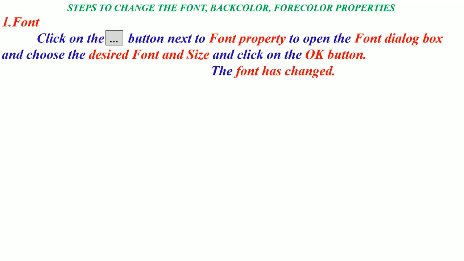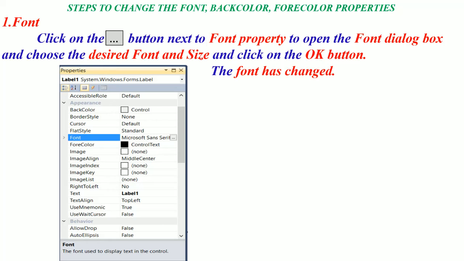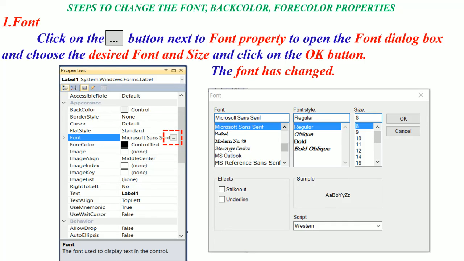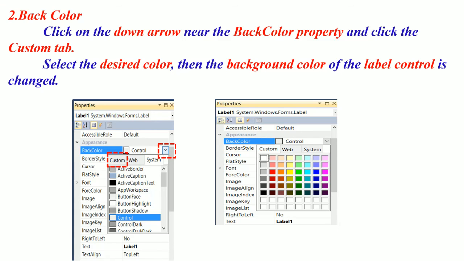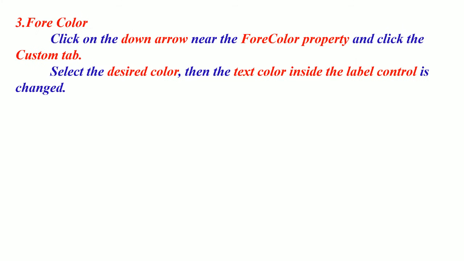Then I go through how to change the font, back color and forecolor. For the font property, you just click the 3 dotted button and change. The font dialog box will open. The style, size and type you have to change. Then back color indicates the back color property. You just select the back color control, then a tooltip text will be displayed. In the pop-up menu, you just select custom and whatever colors you wish. The same can be followed for the foreground color.